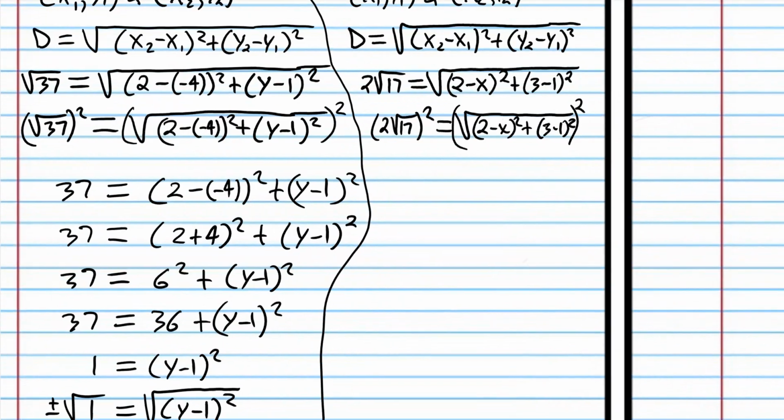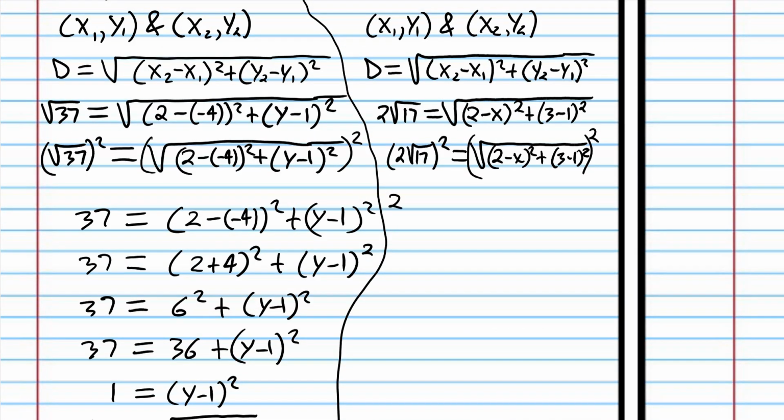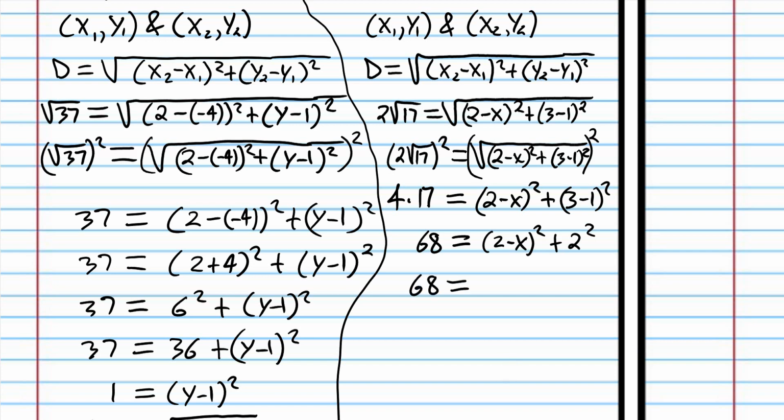So now this is another thing that students would have a lot of trouble with or anxiety about. 2 root 17 times 2 root 17. We learned how to do that in my beginning algebra course. That would just be 2 times 2 is 4, and root 17 times root 17 is 17. So that becomes 4 times 17. And it just gets rid of the square root on the right side of the equation. And 4 times 17 is 68. And now we're left with, well, 3 minus 1 is 2, 2 squared. Just keep going here. Again, you can skip steps here, but I'm trying to go real slow so you can